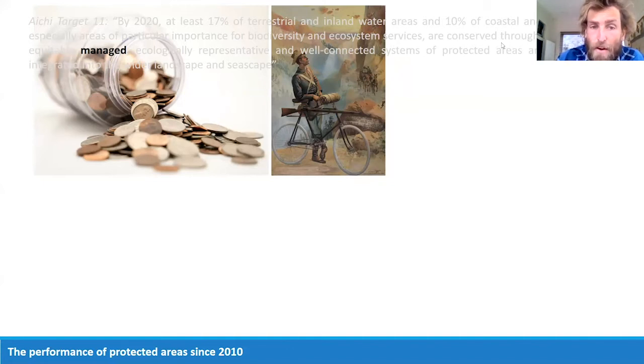This is my attempt at a joke here. We've got this chap with this pretty rudimentary equipment, and it just made me think that maybe governments still view staff budgets as: this is all I need, a rolled-up swag, a little push bike, and a shotgun. The way that a lot of protected areas are funded, you'd think that that's all they'd require.